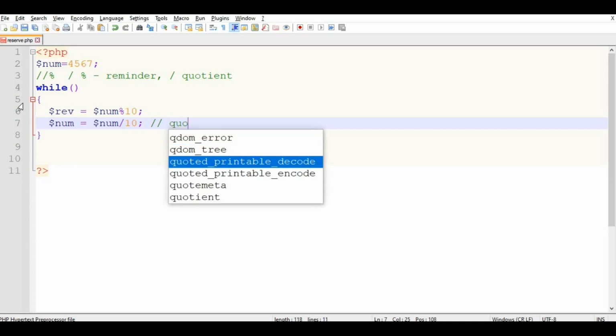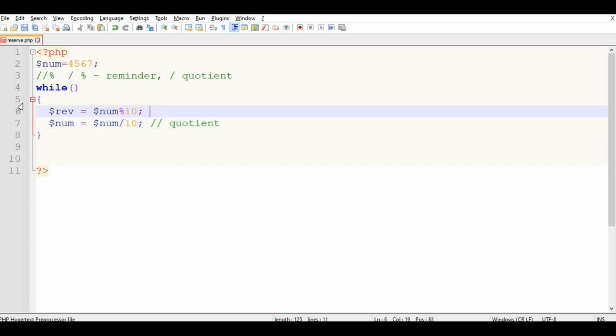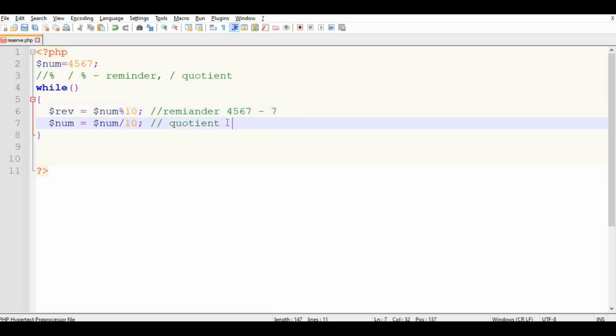For example, if $num holds 4567, the remainder is 7 and the quotient is 456. In the next step 456 gets assigned and we get 6 again, then the quotient 45, then 5, and so on.